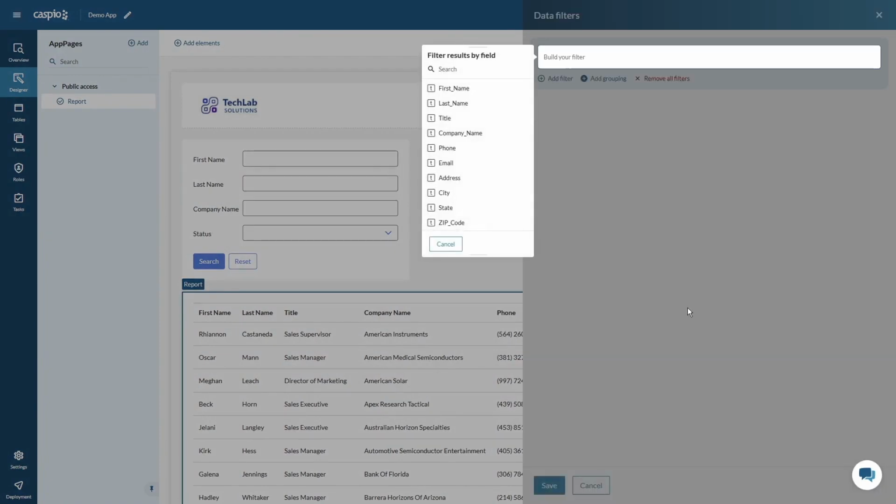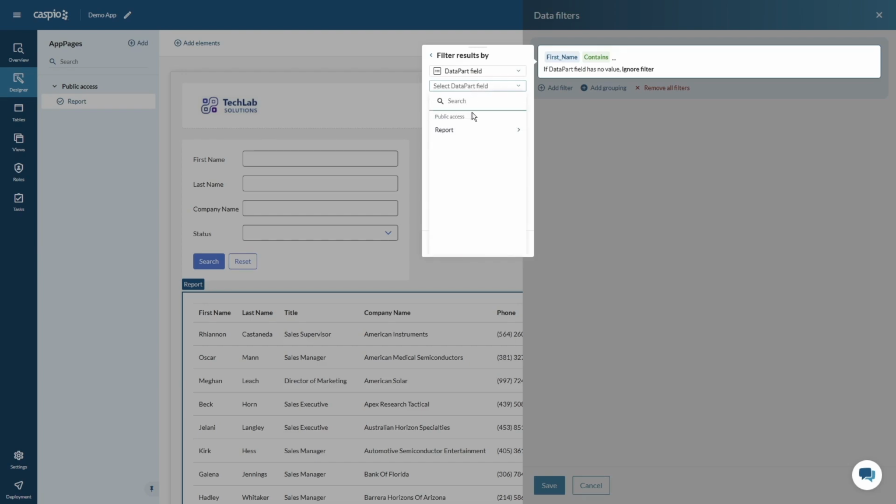Let's create our first filter, and let's start with the first name. Because I'm searching my data on first name, last name, company, and status, I will select the first name. I want to use the filter type contains, because I want to be able to see a broader results range. So if I type in letter A and click search, it's going to return all the first names that contain that letter. Data part field, let's select the report, search form, and now you can see why it's important and